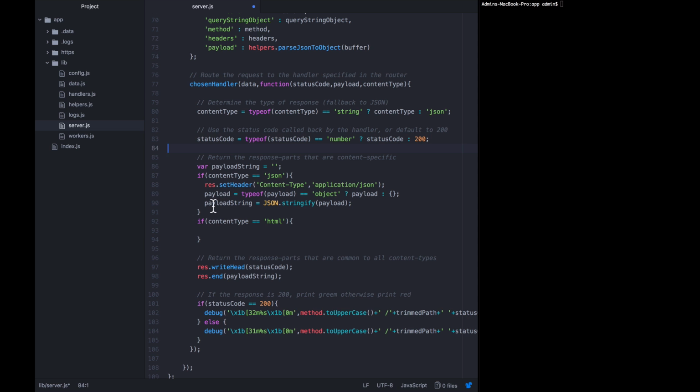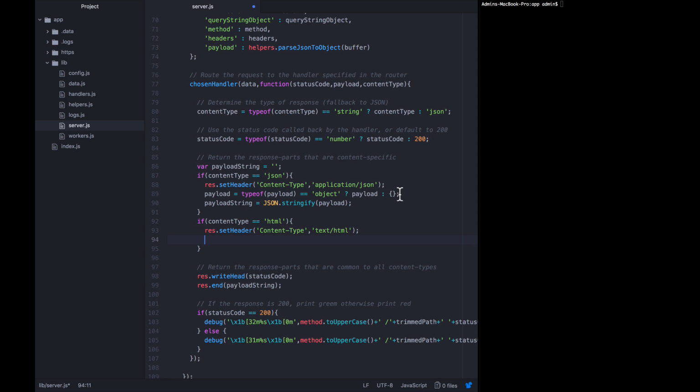Alternatively, if the content type is HTML, I'm just going to copy this header from here. We want to say that content type, instead of equals application slash JSON, is going to equal text slash HTML. Secondly, we want to say that the payload string is going to be set to type of payload equals string,